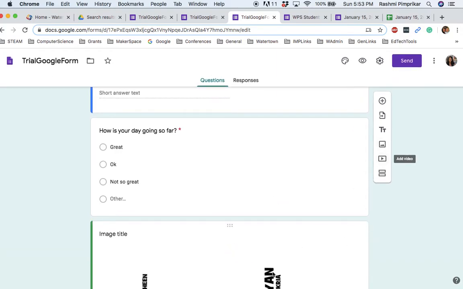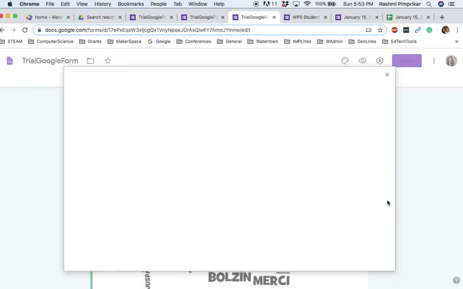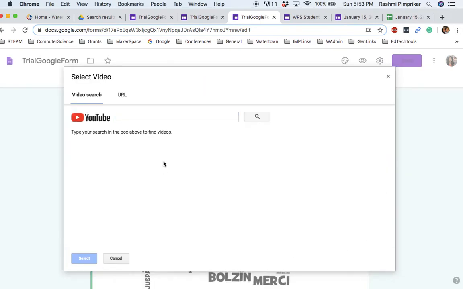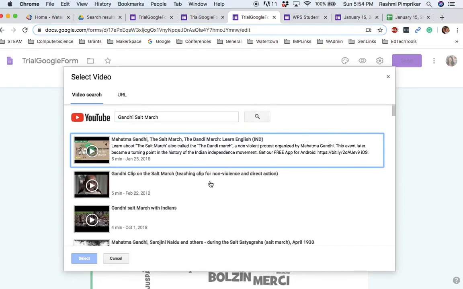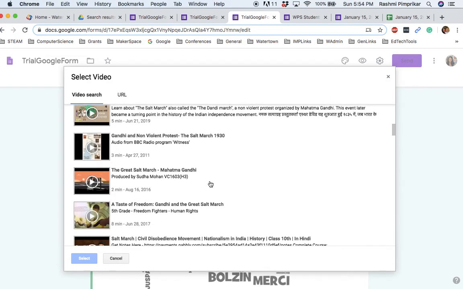In addition to that, you can also add a video. So you can go to YouTube and you can add a video about, say, the content that you would like to add. If you want your audience to look at a video and then respond to that video, then you can add a link or you can search for that. So let's say I want them to view Gandhi's Salt March video. So I can search it on YouTube, and then maybe I can add